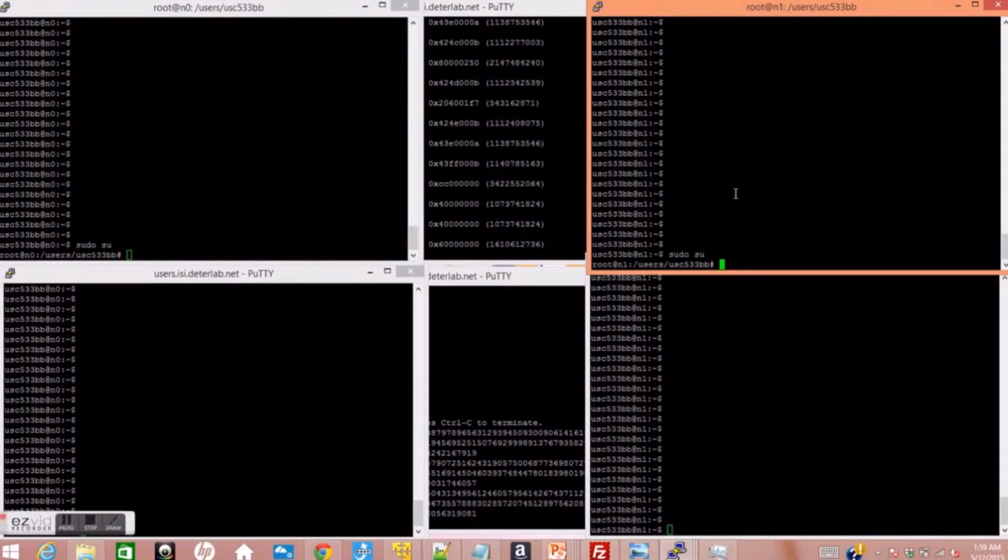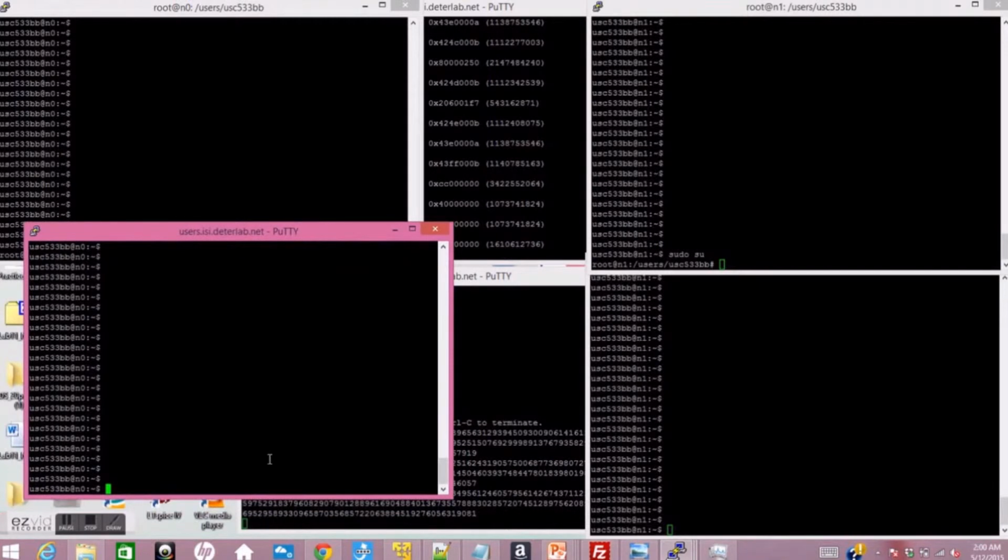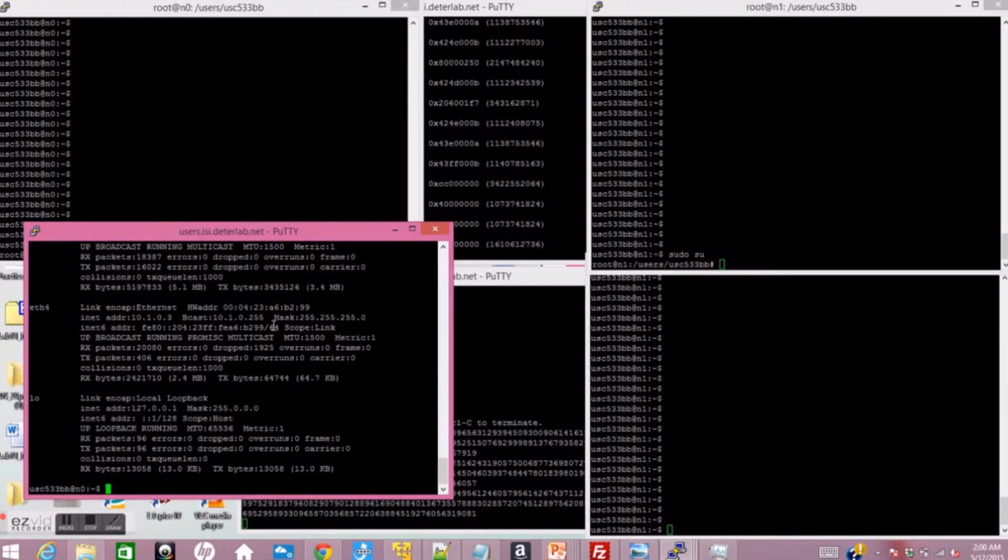This is because I'm running a raw socket client and a raw socket server. I would need to capture all the packets coming in to the node, and filter out the packets based on the port number from which the packet is coming. And I would also need to run tcpdump on N0 and N1, so I'm going to use ifconfig to find out the Ethernet interface on which it has to be run. And as we can see, Ethernet 4 is using the IP 10.1.0.3,